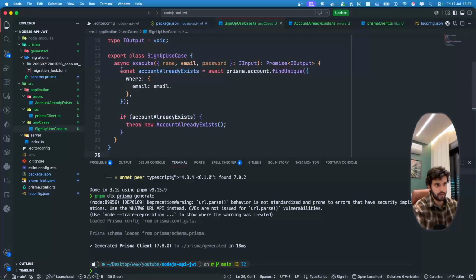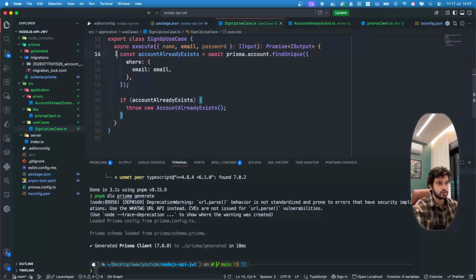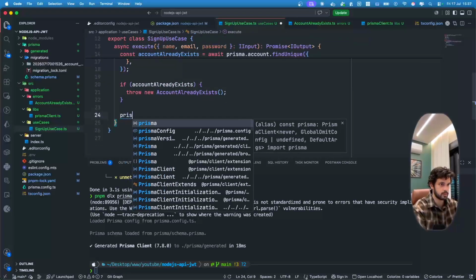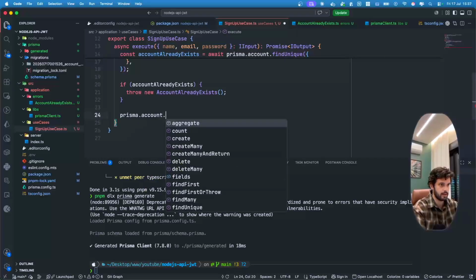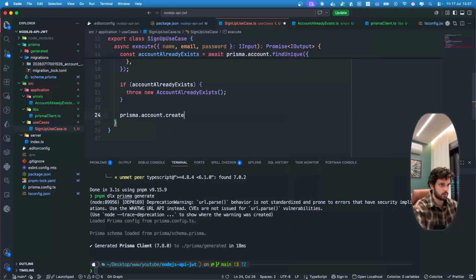So that's just a better way to handle this, and that's part of working with clean code and separating things, okay? So the only thing that is left for us is basically just doing a Prisma dot account dot create,